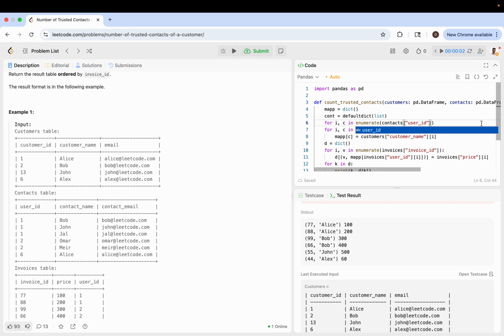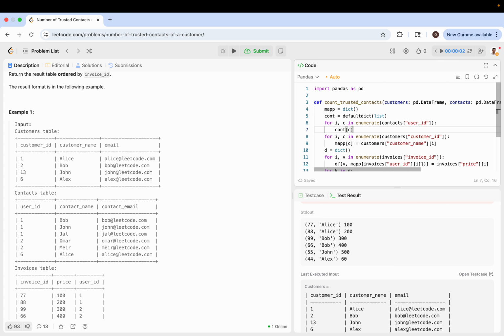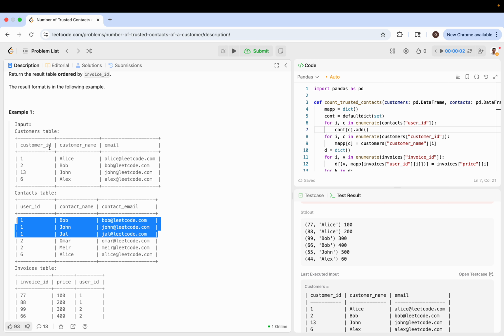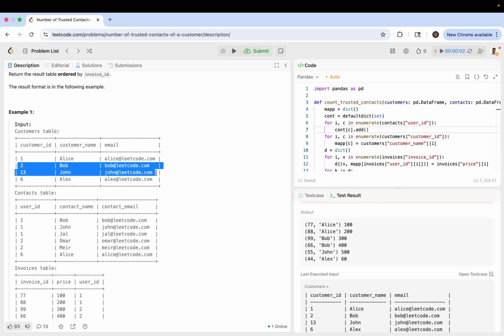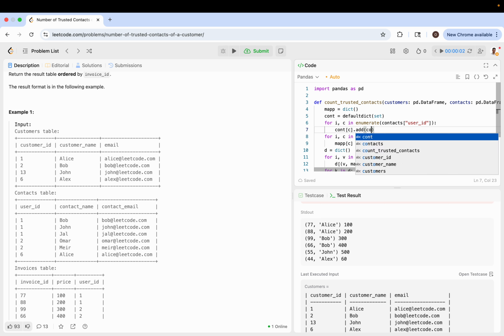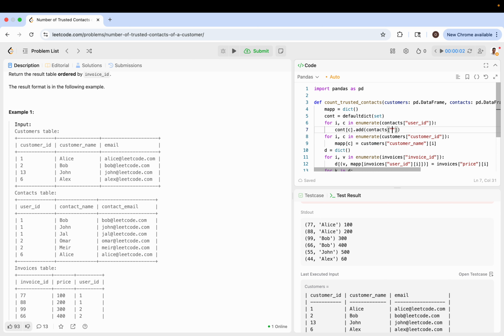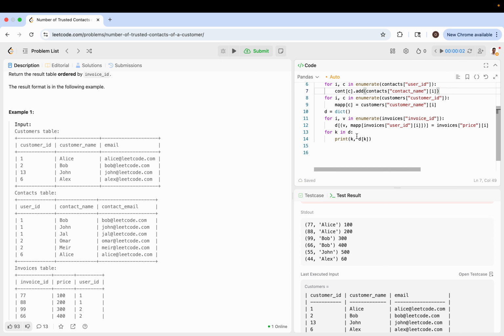User ID. So then this cont, and we're going to append. Let's add this and make it a set, because we're actually going to want to do that later when we try to figure out how many here are in here, which happens to be 2 in this case. So let's get contacts of contact name. Well, contact name of I. Cool. So now